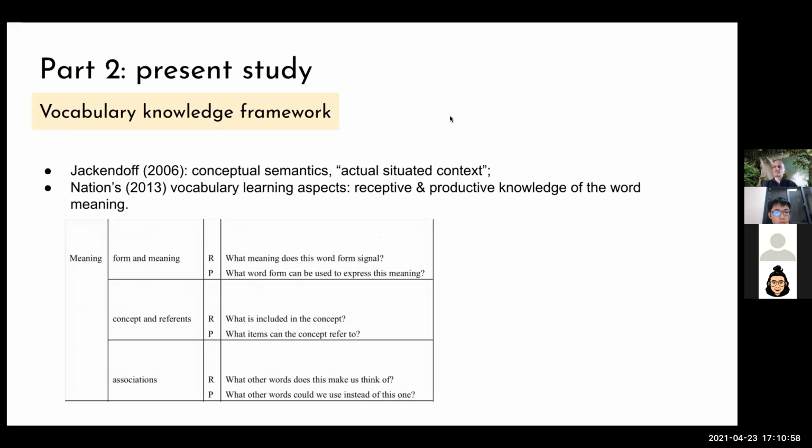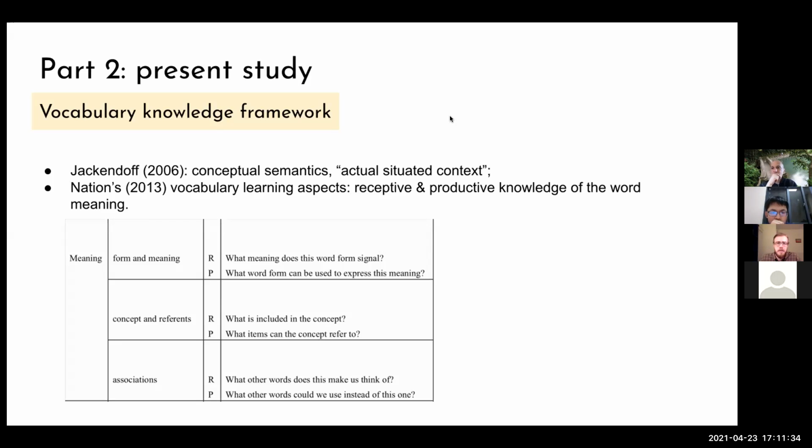So the exact learning process we're going to look at is vocabulary learning. We're very much inspired by Ray Jackendoff's conceptual semantics concept, where he basically argues that vocabulary learning should not be finding a corresponding explanation for a word. Instead, it should be a matter of conceptualization. So to find more details, to define a detailed